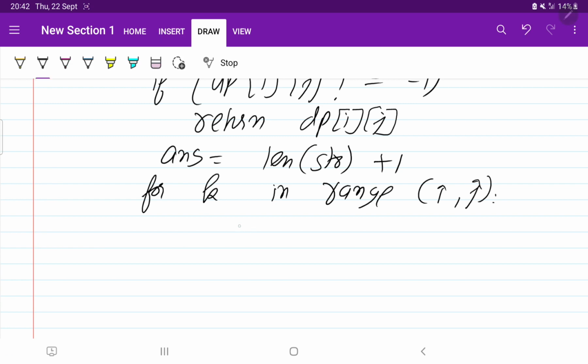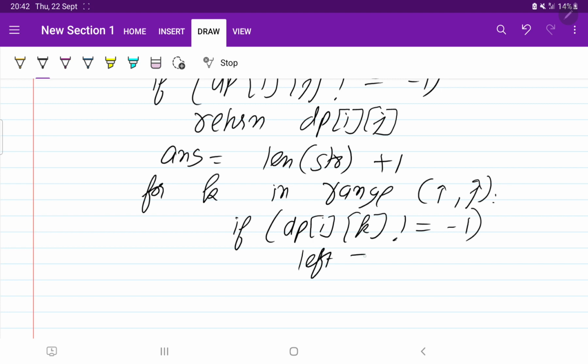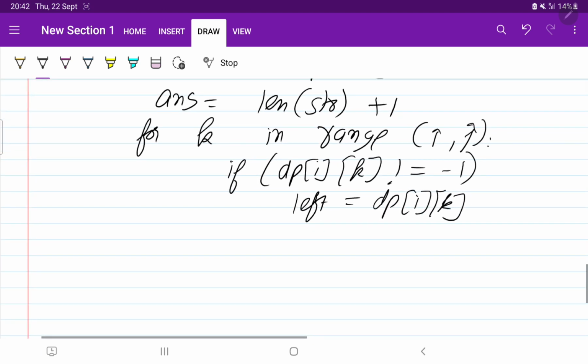So here you are going to use the condition: if dp of i comma k is not equal to -1, if that is not equal to -1, you were updating the left as dp of i comma k. Perfect.